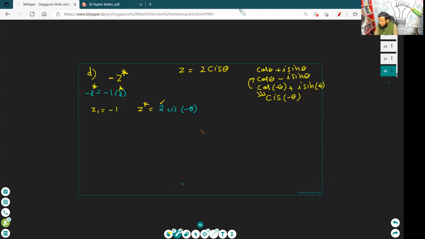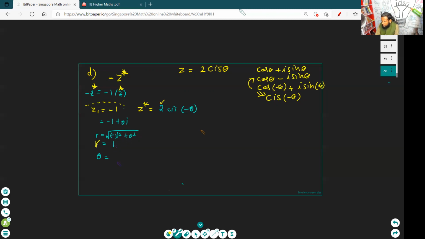Okay, good. Now change it in polar form. So this is negative 1 plus 0i. Yes, good. Now change, as in look for R. Find R, the modulus, okay? That would just be 1. R is 1, theta is pi.